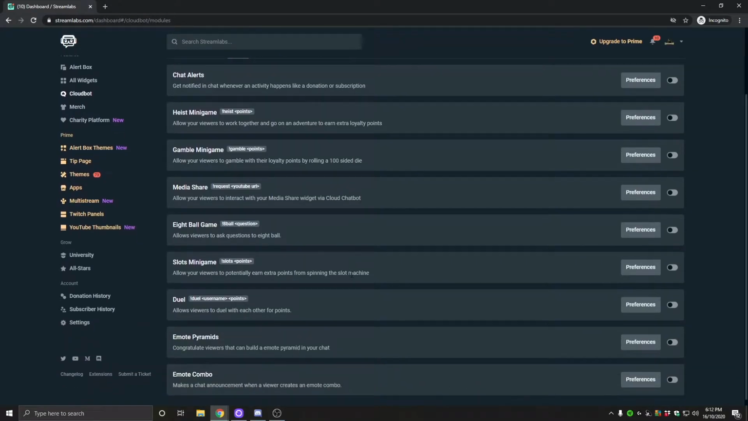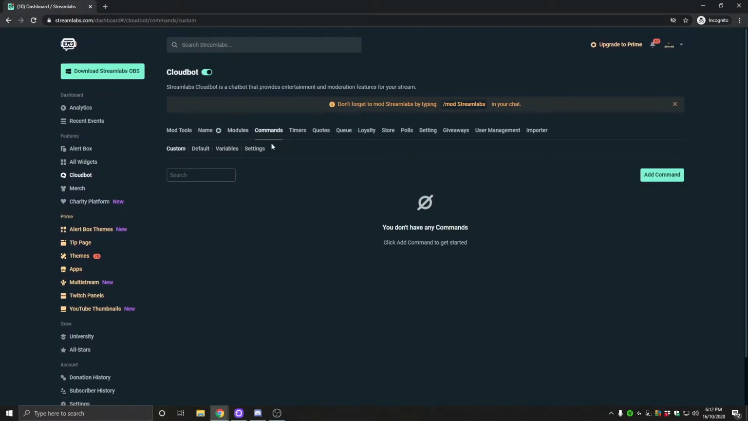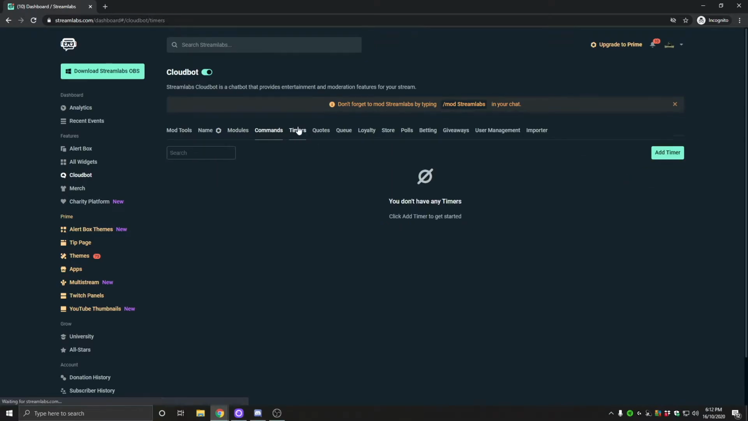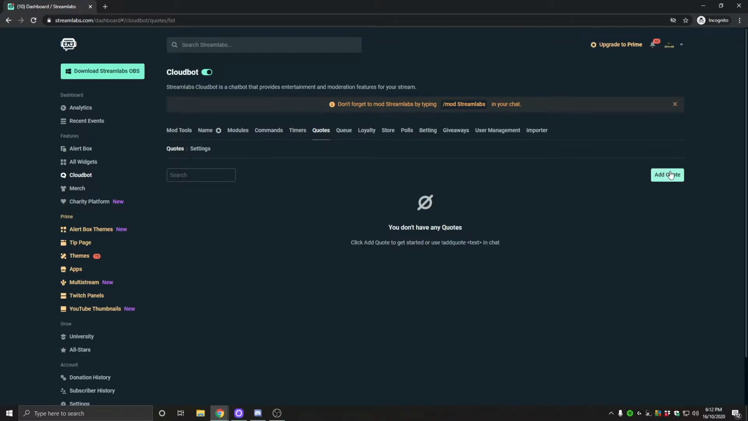Under modules, we have a bunch of different modules that we're going to go through. Commands, this is where we can add our commands. We're going to add timers. This is where you can save quotes during your stream. So you might say something funny on stream. Yourself or your moderators can quote it, and then there'll be a list here that you can bring up at